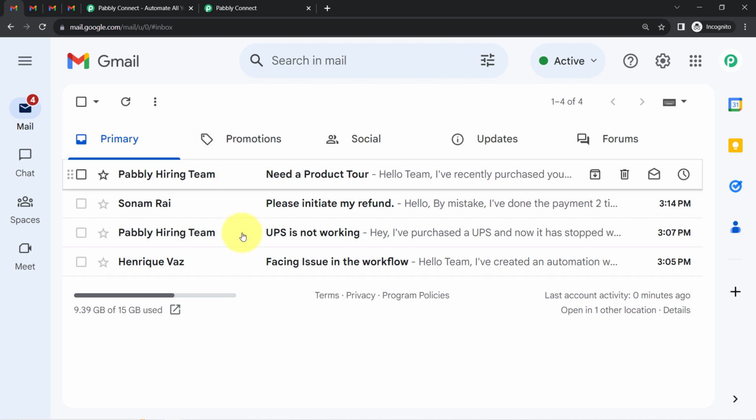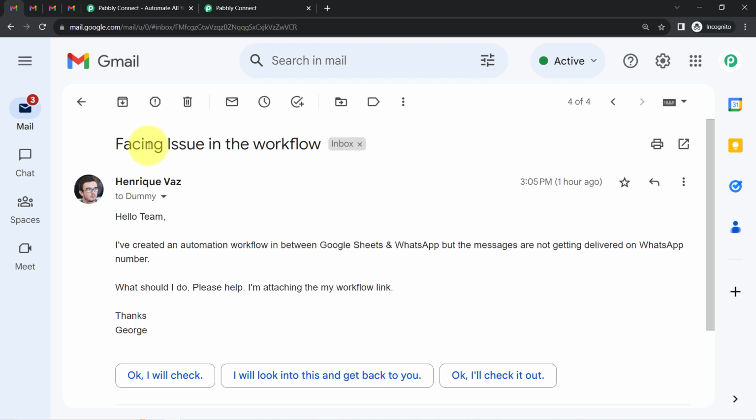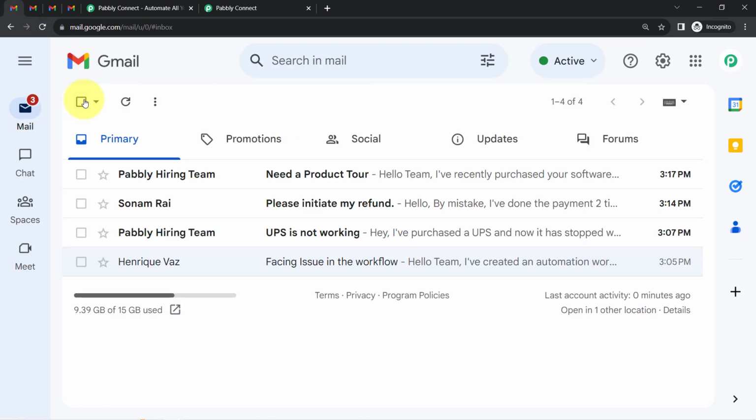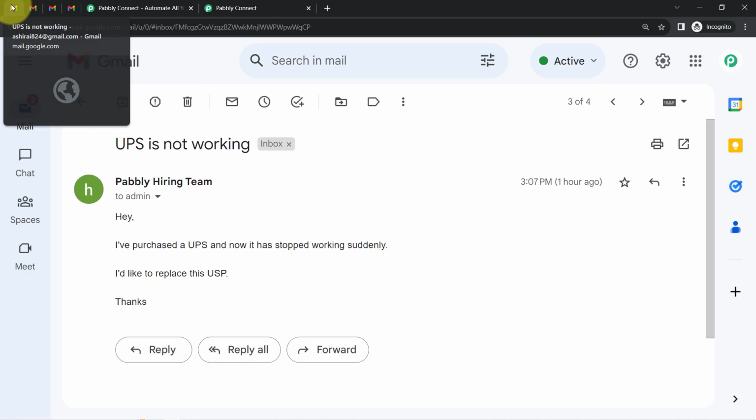Now I want that whenever a new query arrives in my Gmail account, that query along with all lead details should be assigned automatically to the first salesperson, and in the same way I want that whenever the second query is received in my Gmail account, that query should be assigned to the second salesperson, and for the third